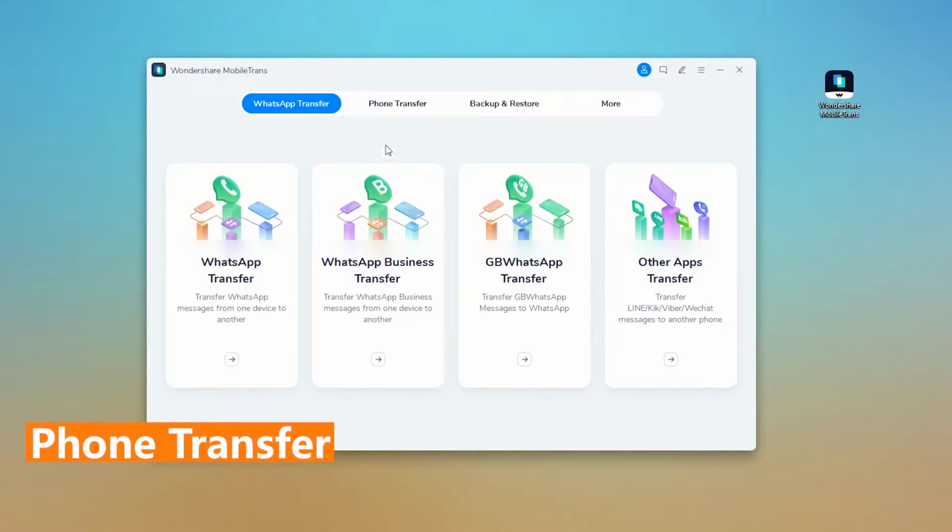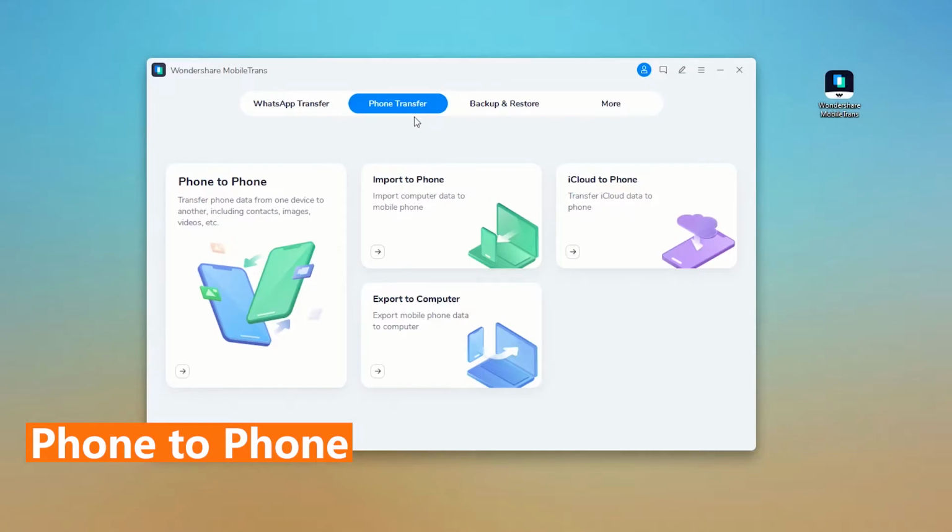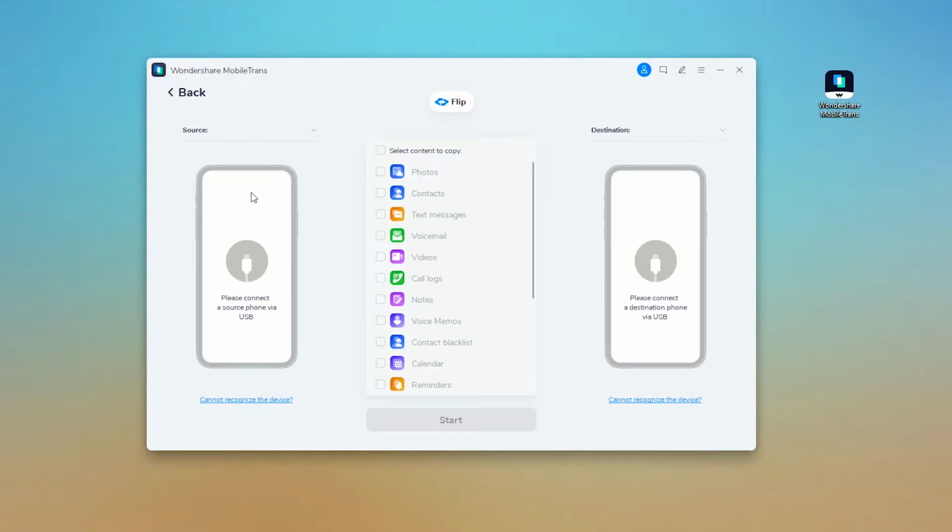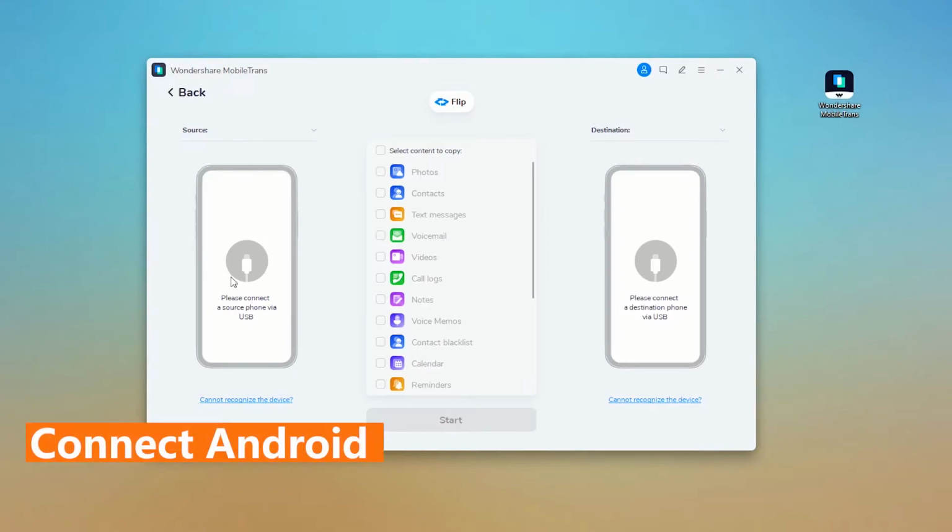Alright, in order to transfer contacts from Android to iPhone, click on Phone Transfer option at the top bar. Next, we go to the phone-to-phone mode. Then connect your Android and iPhone to your computer using USB cable. Make sure to connect your Android device first, so that it will display on the left the position of the